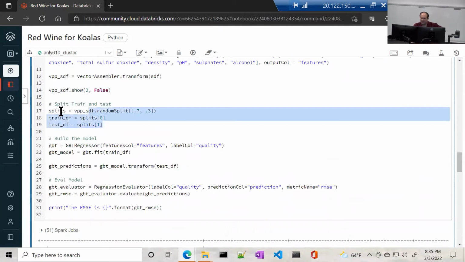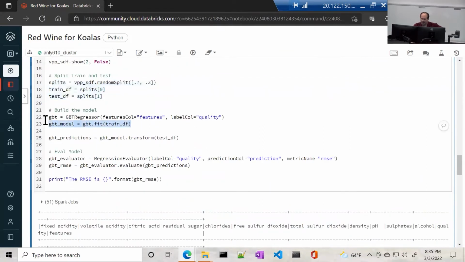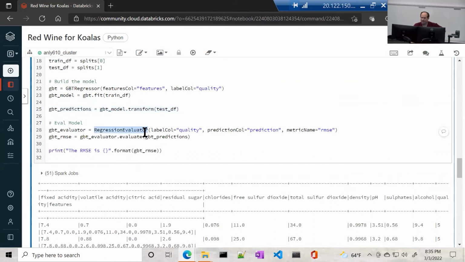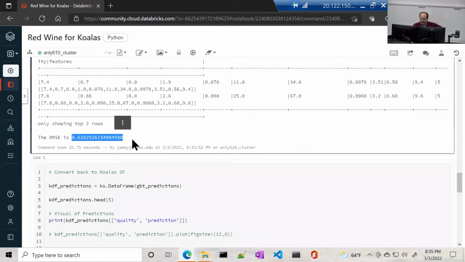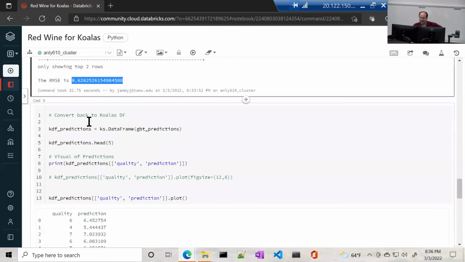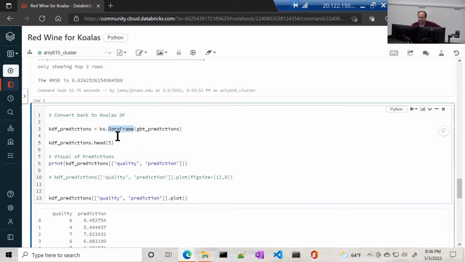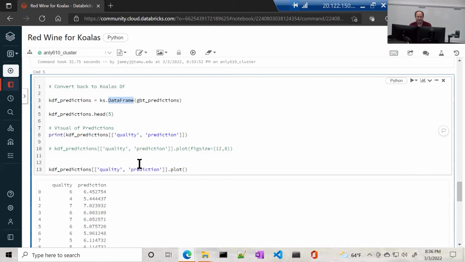And then I split that up into training and test. I go and fit my model, so I train it, and then I can do my predictions, get my tests, and then I can evaluate my model using the regression evaluator, and I get my root mean squared error, right? So I come down here and see it was 0.06. Then I can use this Koalas data frame to convert my predictions from the Spark data frame back to a Koalas data frame,